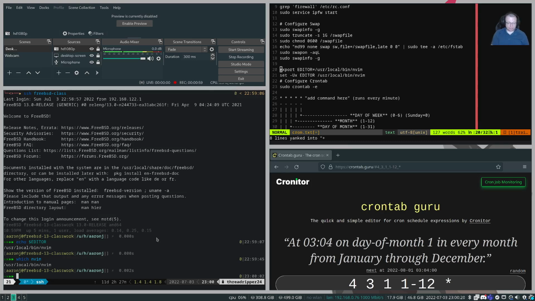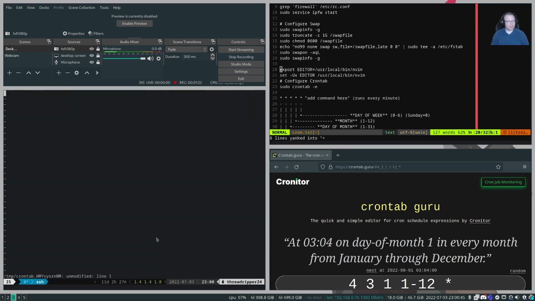But since we're using fish, the other thing I want you to do is type set -U as in uniform, -x as in x-ray, EDITOR, and then /usr/local/bin/nvim. And you can see here I've already done this, but this is another quality of life improvement. Why? What does it do? Well, when we type in sudo crontab -e, you will see if we do a colon followed by the word help, you'll see that we're in the